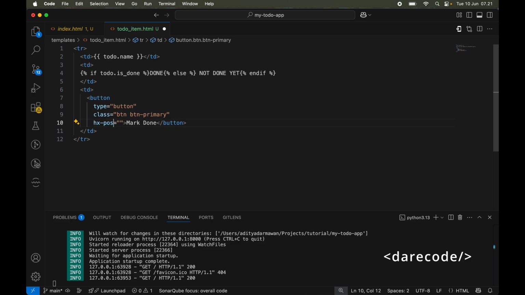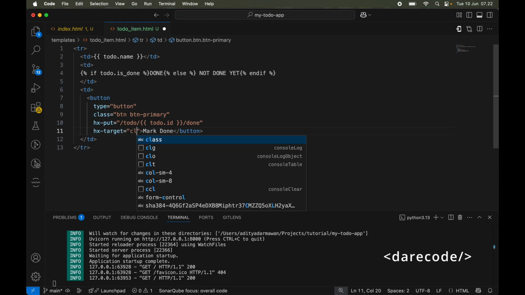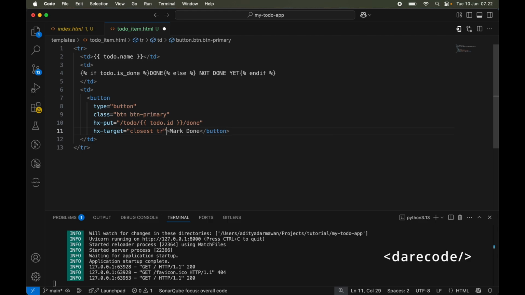You can use POST or PATCH, but in this tutorial I want to use PUT because it is more familiar. And then don't forget to specify the target.